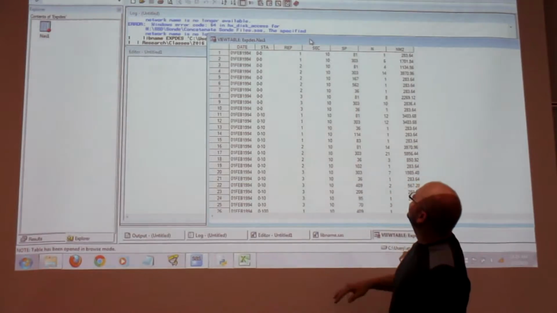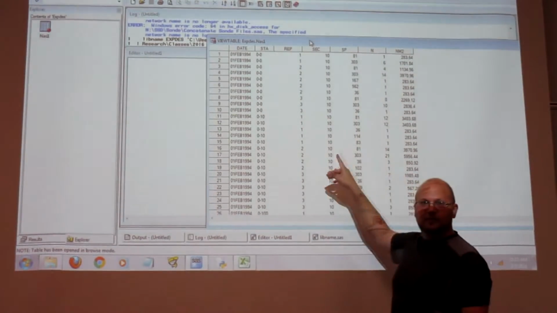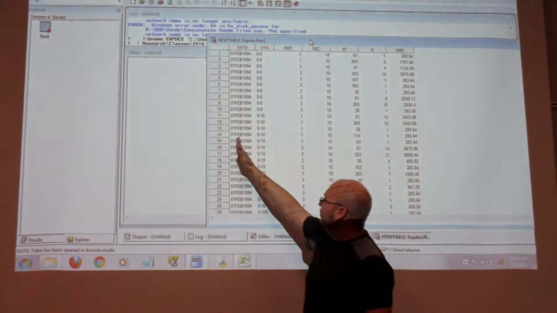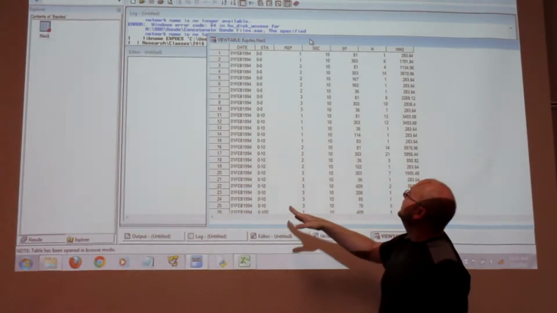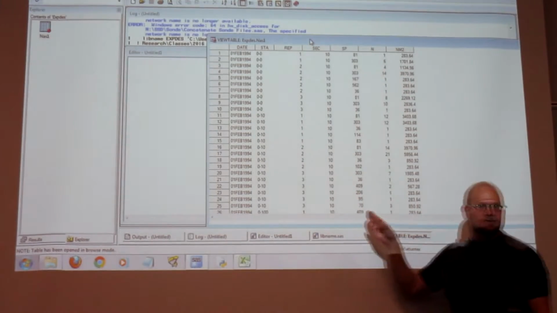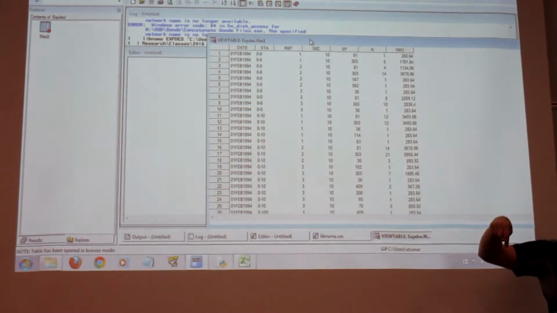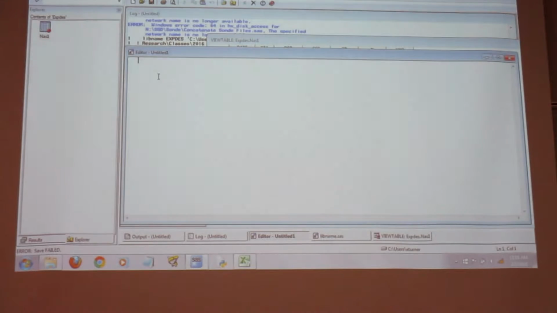Or you could do it by species or number. The problem is, what if I want to sort first by date, then by station, then by replicate, and then by species? What if you want to do a layered sort like that? That's a very easy process in SAS to do. The procedure we're going to use is called PROC SORT.